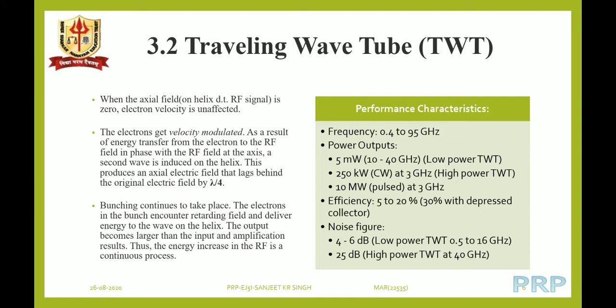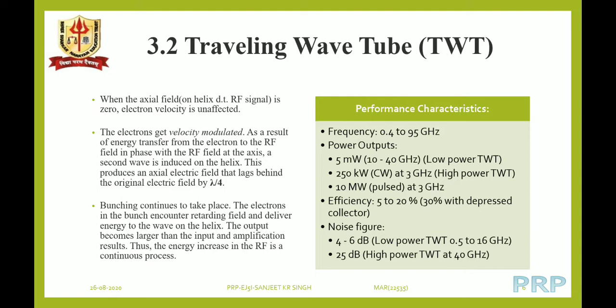exponential amplification takes place as the electron beam is traveling towards the other end of the tube, towards the collector. The radio frequency signal goes on amplifying and is taken out from the other end to the output cavity, or through the output coaxial cable.